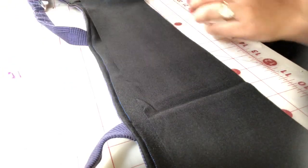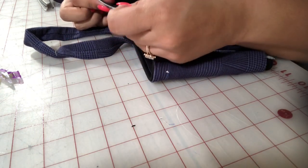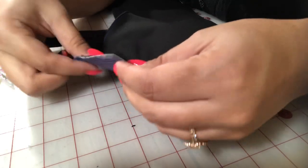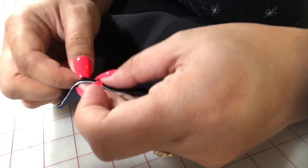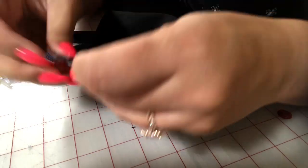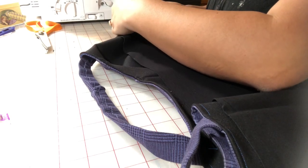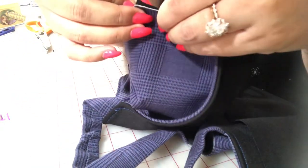Okay, here's some little clips. I'm going to attach one corner to the starting side over here. Make sure you can see that. I'm starting over here. And remember, this is the front of the bra that we did not close. Okay, so you want to make sure you have both of those lined up. You can also baste that if it is easier for you to handle. Okay, so I'm putting one there, and I'm going to come all the way over to the other cup, and I'm going to attach this end with all of its layers, all 3 layers. Make sure that those are